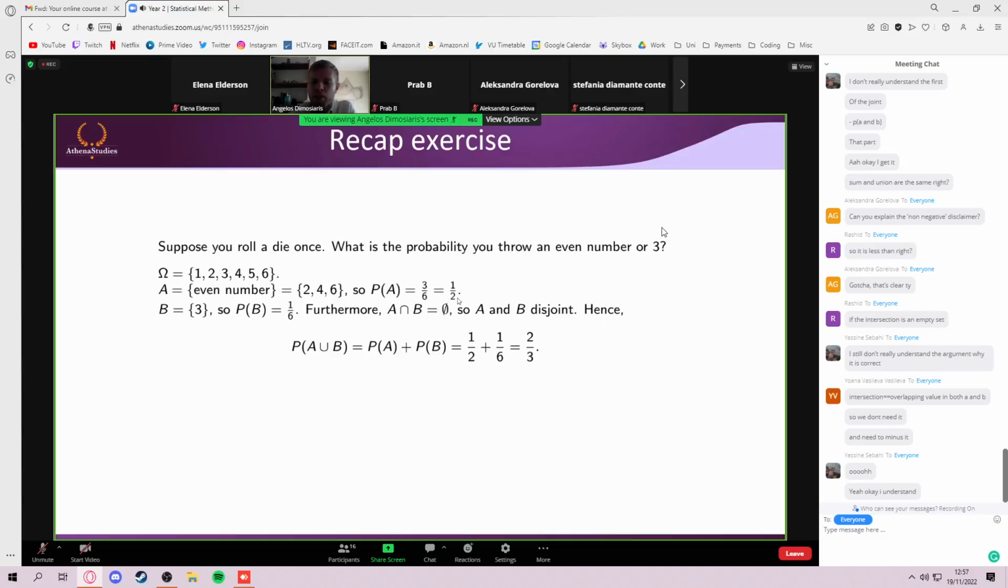3 divided by 6, which are here, the number of events in my sample space. So it's 1 divided by 2, I mean 0.5. And the event B is that we throw a 3, right? So the probability of B equals 1, because I only have one number, divided by 6, because I have 6 different numbers here. Okay, and now we have to combine these 2 events. How do we combine them? They ask us about OR,